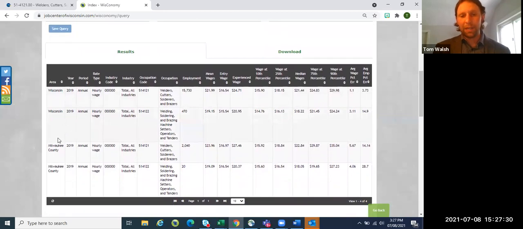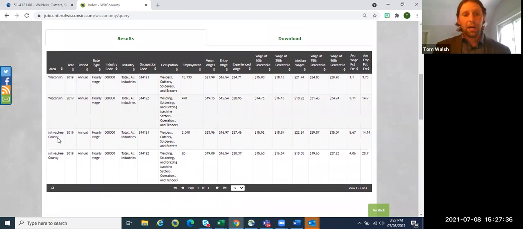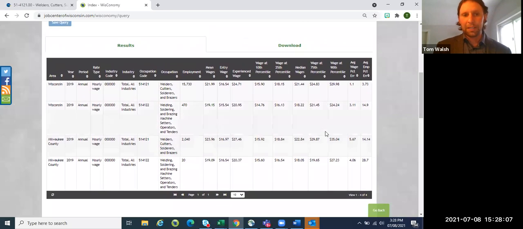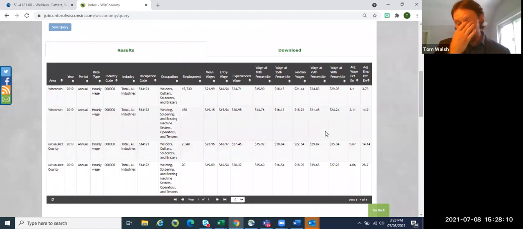So highlighting this page, that we've looked at but looking at it a second time. Even though you're specifically interested in the county, I do think there's some value in looking at the state as well, and seeing that on average Milwaukee's a little bit higher. It's about the same on the lower end, but this is a pretty good example, because you can see that Milwaukee County on the higher end is a fair amount higher than the state, at about $6 an hour more for this occupation.